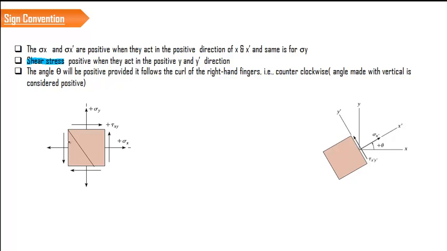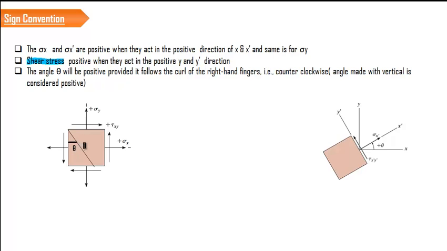If your plane is defined with respect to the vertical, then that is considered as positive. That is very easy way of understanding it. That means the plane has to be defined with respect to the vertical, then that is considered as positive. Because the reason why I explain it in this manner is, before moving into the derivation, you have to understand what exactly is the sign convention. Then only you will be able to move forward.